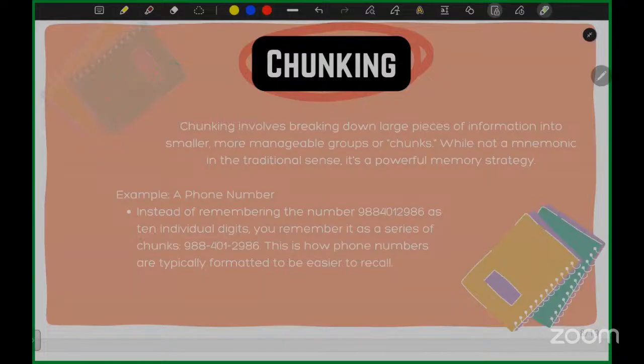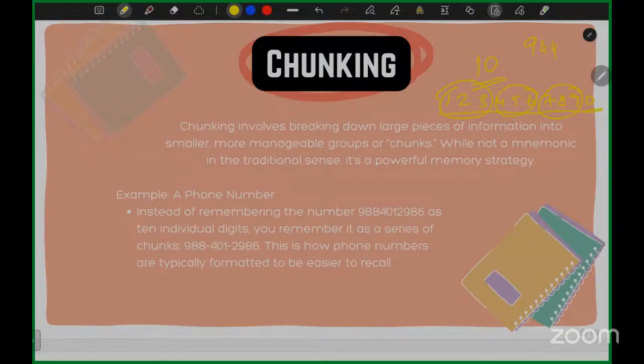A phone number has 10 digits. So when we remember 10 digits of a phone number, what do we usually do? For example, 944. We say it a couple of digits at a time, and that's a chunk. Like if you have 1, 2, 3, 4, 5, 6, 7, 8, 9, 0, 10 numbers, we used to remember them in chunks. We used to say it like that, right?